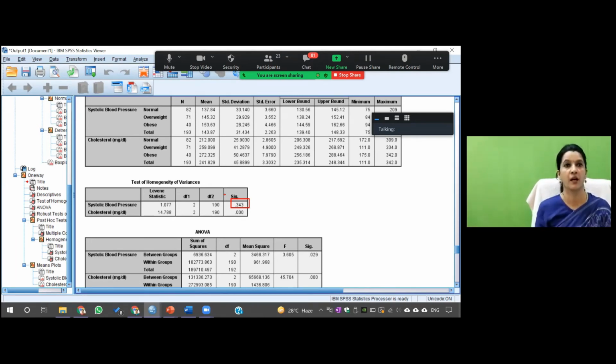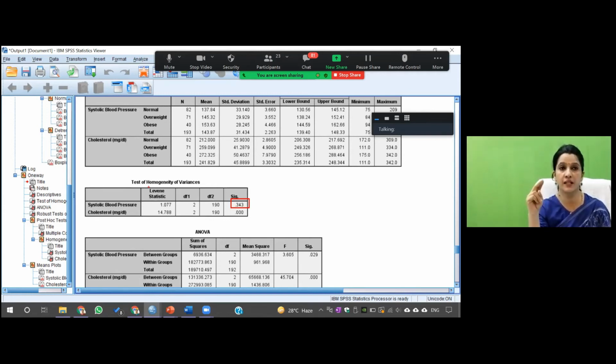So now, if you see this, is it clear to everyone? Pawan, Priyanka, Aliza, and Praveen. If this is not significant, equality of variances is assumed. Please remember this. Here is the p-value, and we don't want this p-value to be significant. So this is not significant, which means equality of variance is assumed.